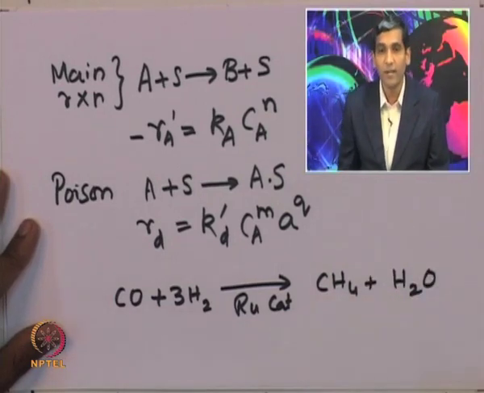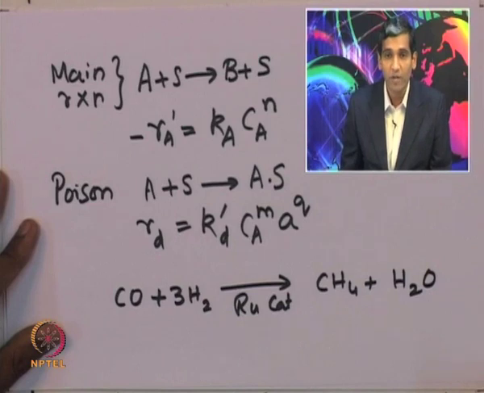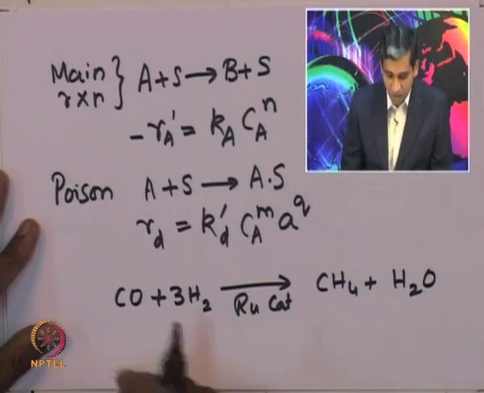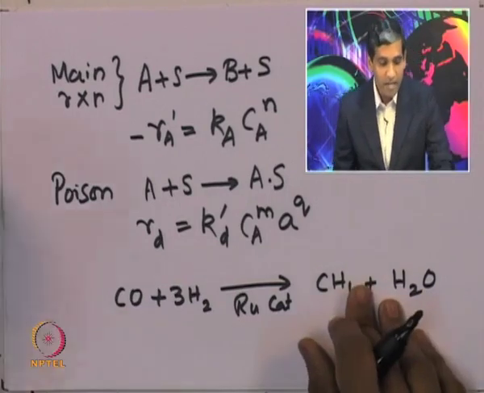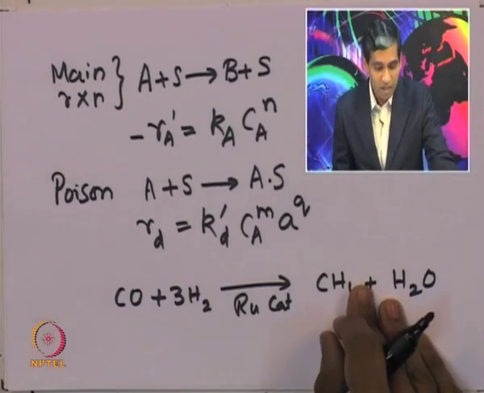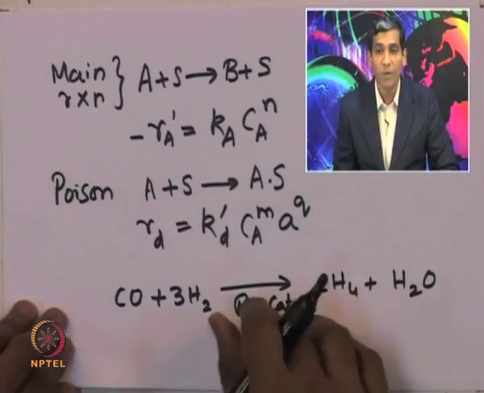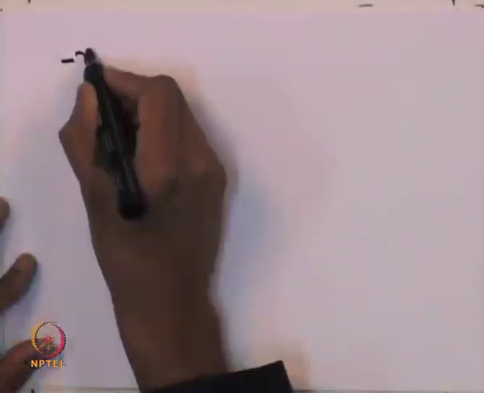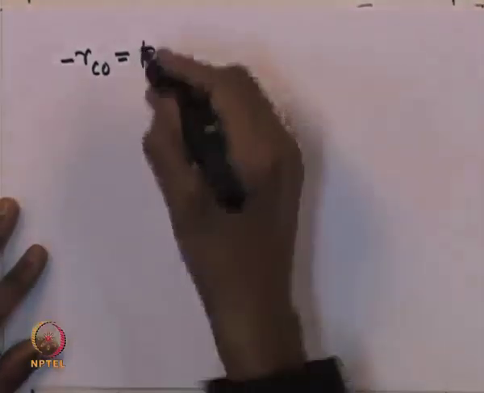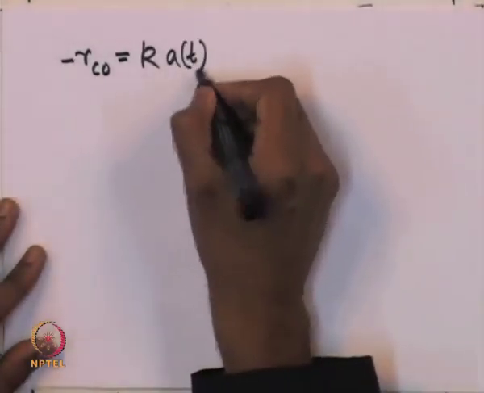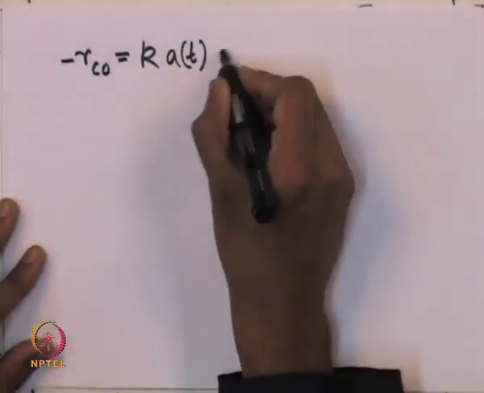So, this is an excellent example of a situation where the reactant, which is the carbon monoxide, poisons the catalyst site. So, let us try to characterize this process, but particularly for this example reaction. If the rate of reaction is given by minus r_CO equal to the specific reaction rate multiplied by the activity as a function of time